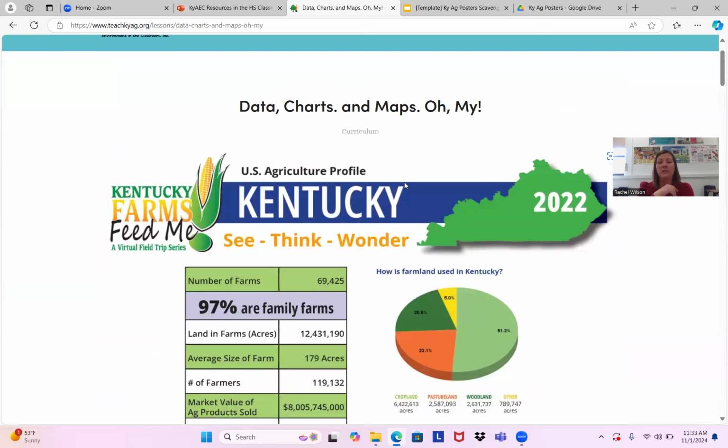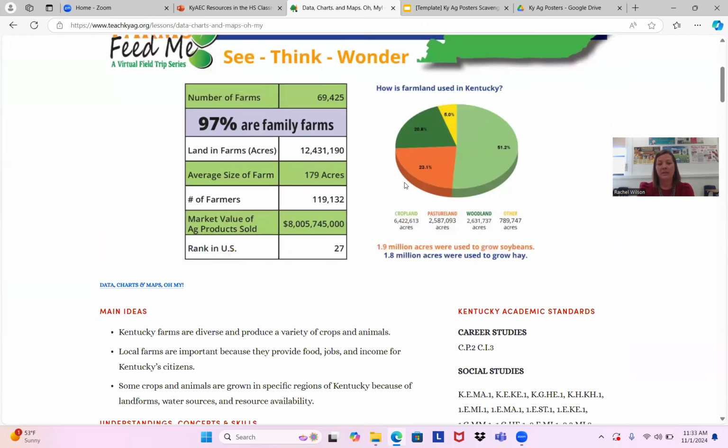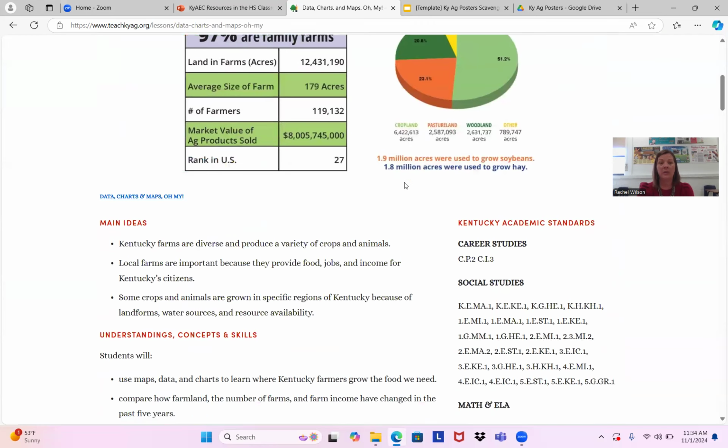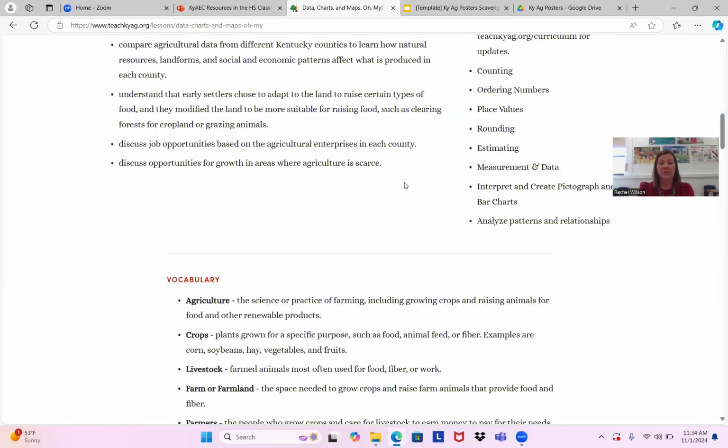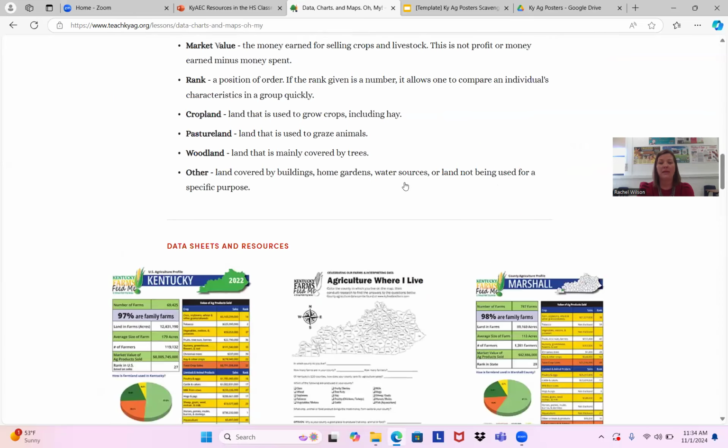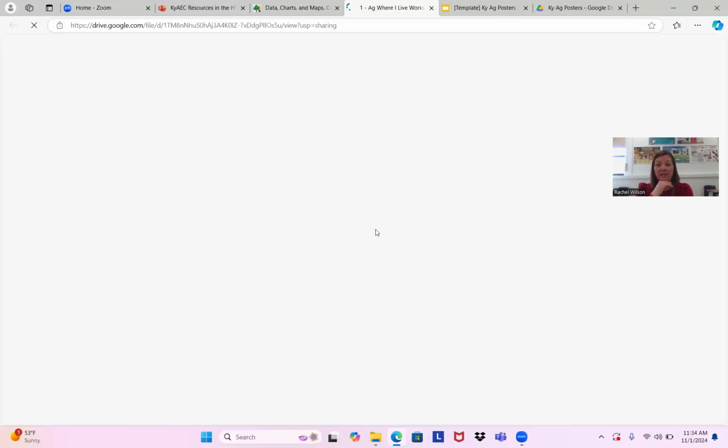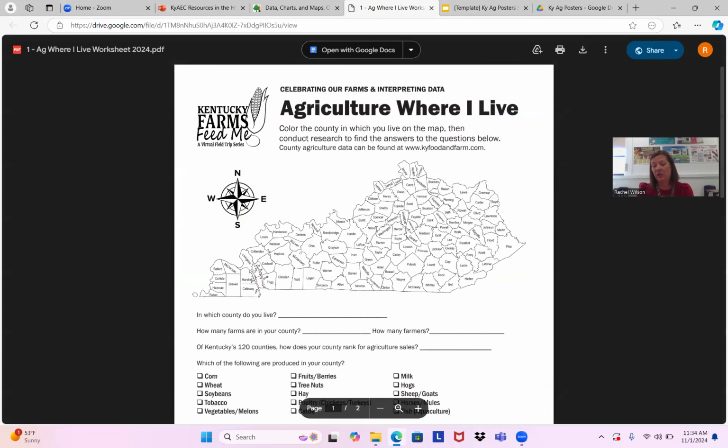If you happened to attend the Kentucky Farm Bureau Regional Teacher Workshops this summer, this was the lesson that we taught in the secondary group. And it's particularly about all of the data that you can find. There is a worksheet. This is one of the worksheets that I actually include in the packet